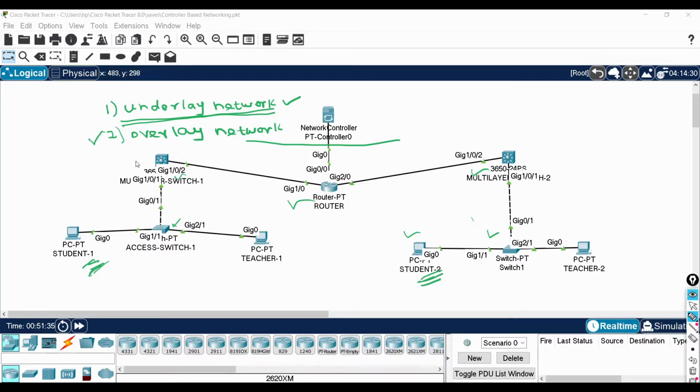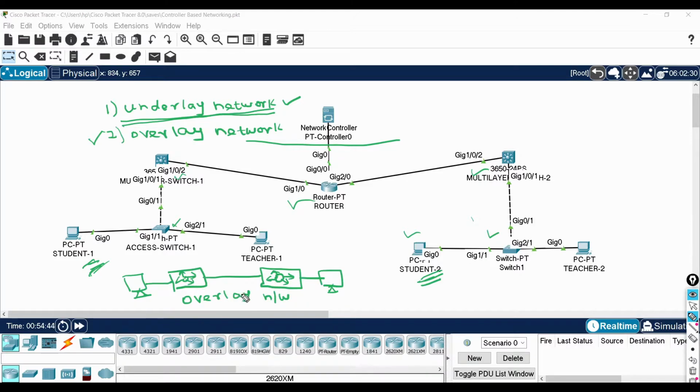I'll explain clearly. Here we integrated our network controller with our traditional network. The network controller should be reachable from all the layer 3 devices of the network. The controller will have its own IP address and it has to reach all the IP addresses in the network, including the endpoints. Apparently, the controller will become knowledgeable because it will have the knowledge of the entire network topology.